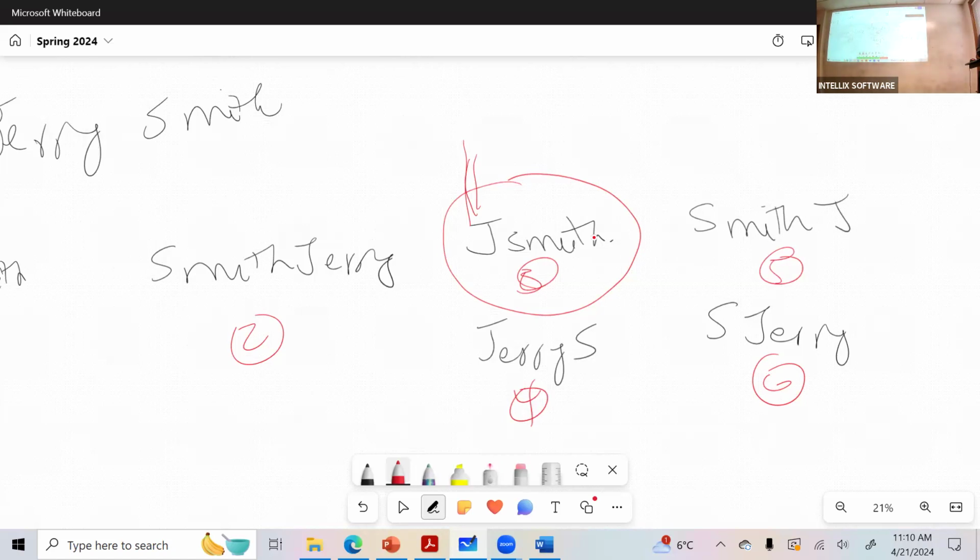B Smith. Right. So that's one part, but then you also ask, what if there are 2 Jerry Smiths? How should it work? Should they both have the same user ID? Won't work, right? Then I don't know which Jerry Smith is logging in. So what is the other question you want to ask?